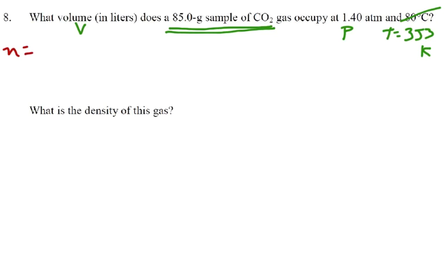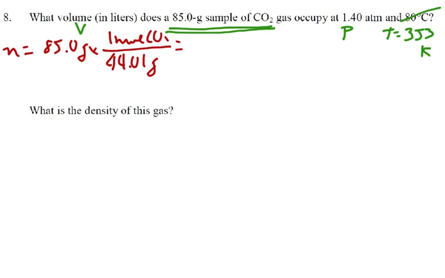So the moles is 85.0 grams. Okay, carbon is 12.01, each oxygen is 16, so that's 44.01 grams for 1 mole of CO2. So when we calculate that, we get something a little bit less than 2, 1.93